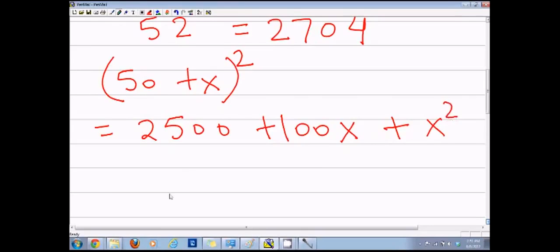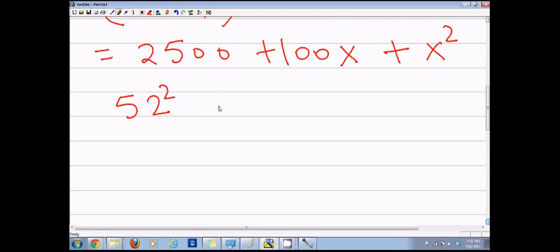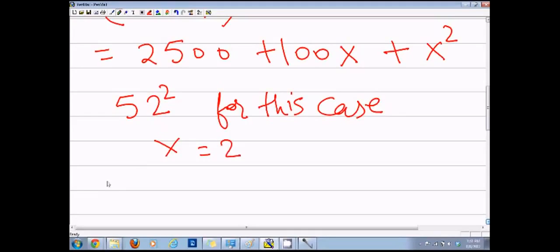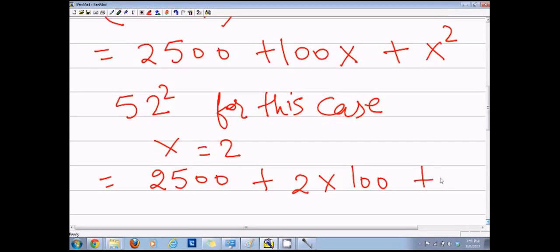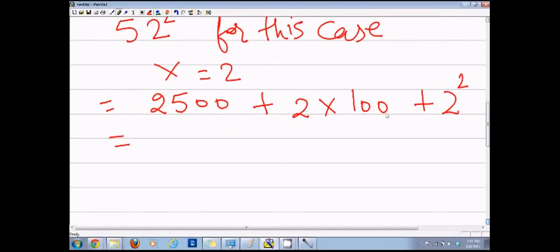So you can see that if I am taking the square of 52, then x in this case is equal to 2, and if x is equal to 2, then you can go back to the equation and say 2500 plus 2 into 100 plus 2 squared. And you can see, because 2 is at the hundredth place, this 2 will be added to 5, and then this 2 squared is at the one's place, first place, so it will come up on the last digit. So we will have